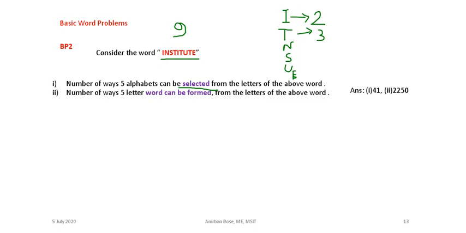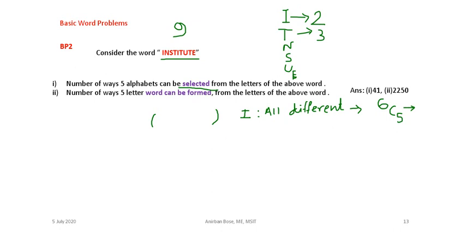You can think in that way that all these alphabets that can be selected are all different. So first case, let us consider all different. That is the first case we consider. All letters are different. So how many such cases are there? How many different letters are there? 1, 2, 3, 4, 5, 6. So from the 6 we have to take 5. So this can be done in 6C5 ways.